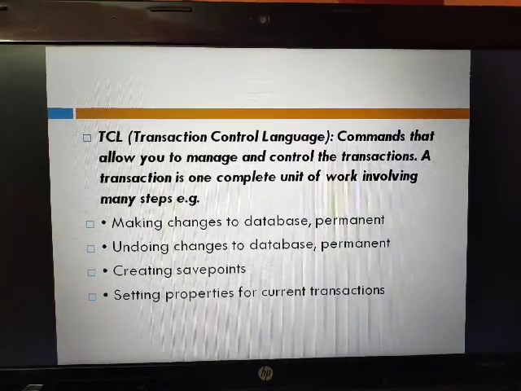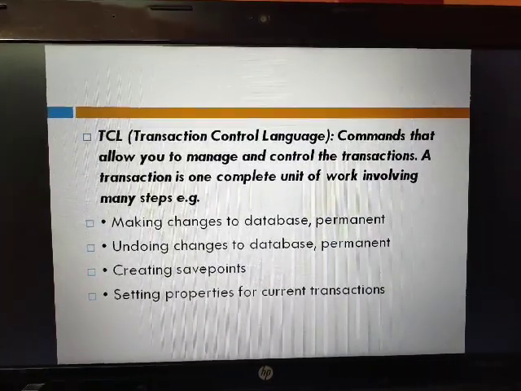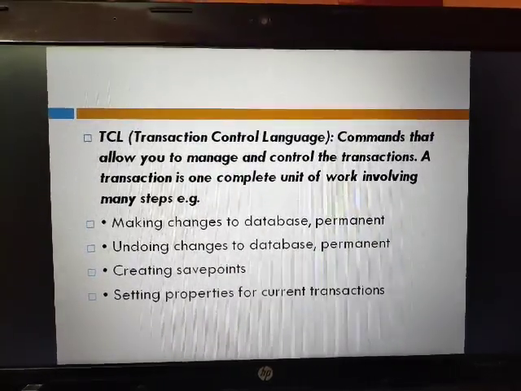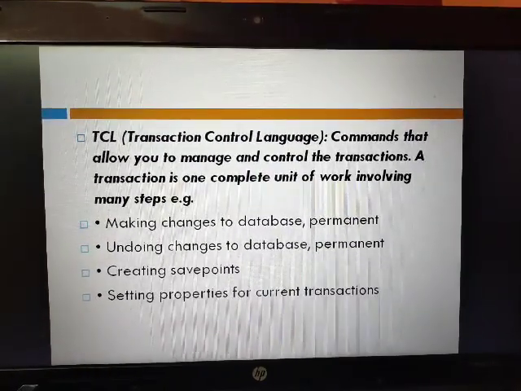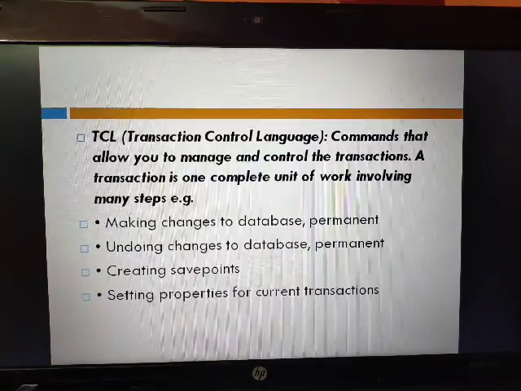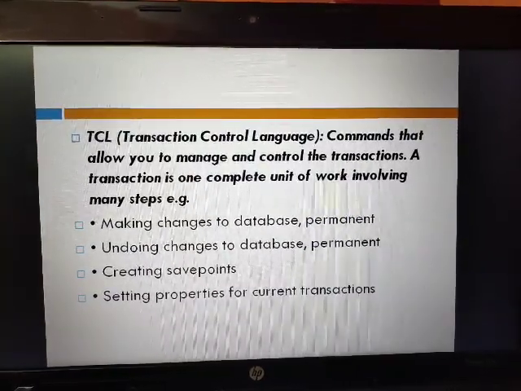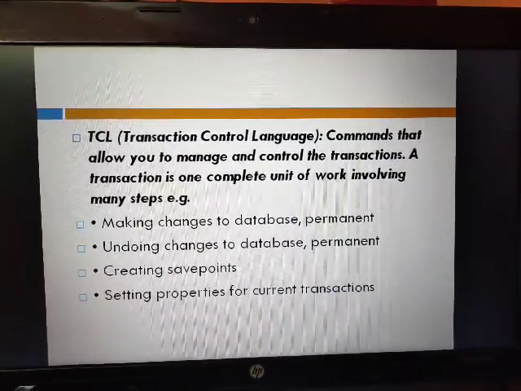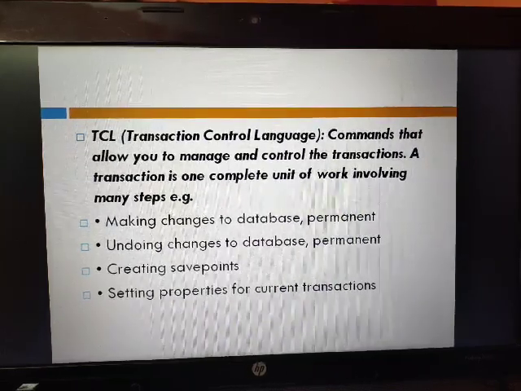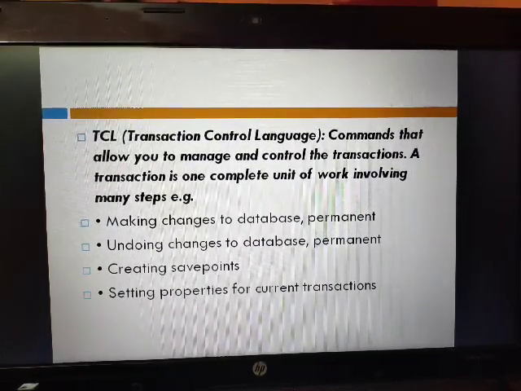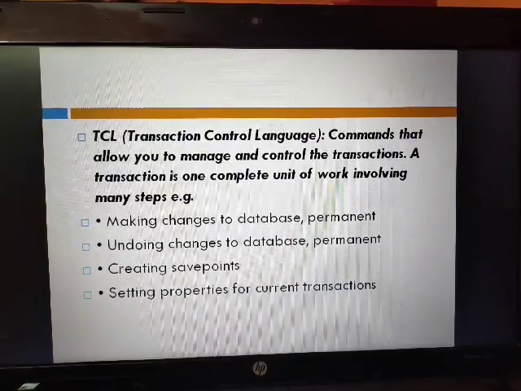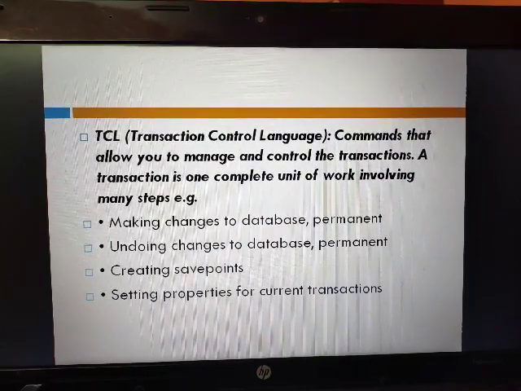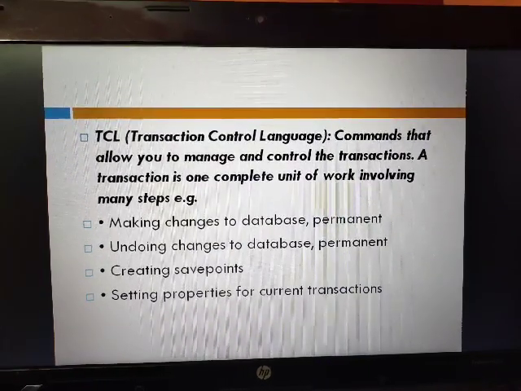That means, for example, if you are withdrawing money from a bank, then after withdrawing, your amount will be saved in the system. How is our data saved in the bank, and even when we get money from any branch or any ATM, how are they managing it? Such commands can be used in TCL, transaction control language.